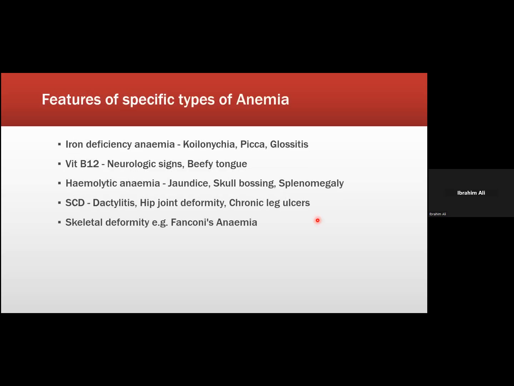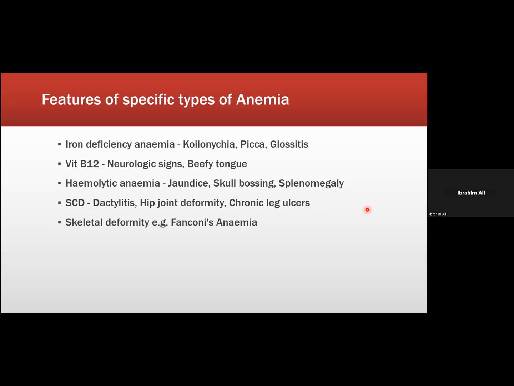Yeah, I also want to go, and we are just going in a summarized way so that we can easily understand, but this is not everything that you're supposed to know about anemia in general. So I want us also to go through specific features of a few types of anemias. Now, for iron deficiency anemia, we have